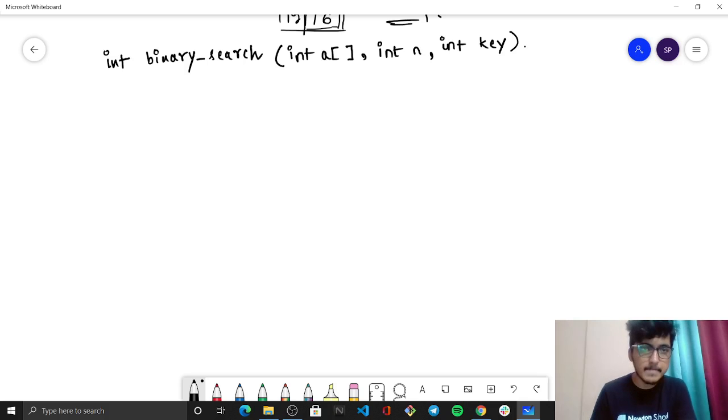Alright, the first thing that I have to do is initialize the starting index as 0, and the ending index is equal to n minus 1.